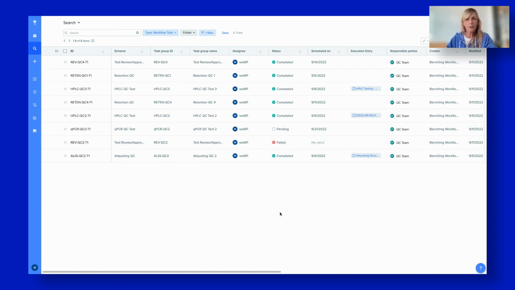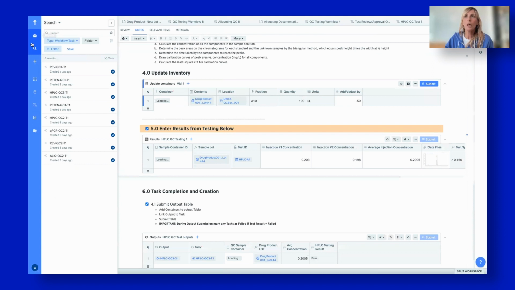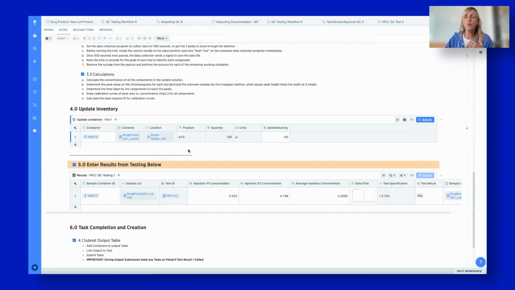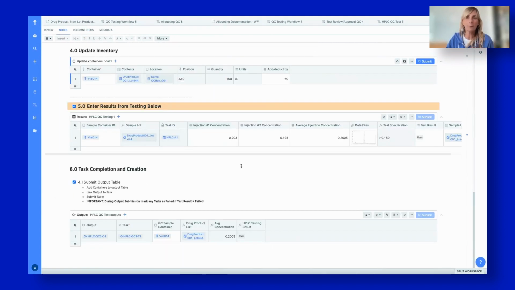And again, if I need more information about how these samples or these tests were processed, I can always go and access the document that was used to capture all the details of that particular task. So what we have seen during this demonstration is how the new workflows flowchart builder allows development teams